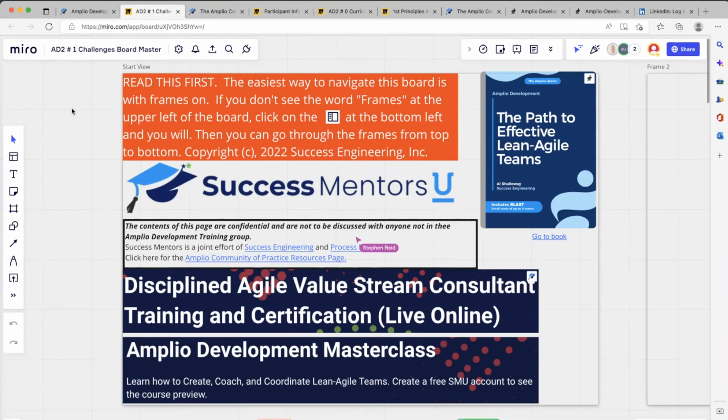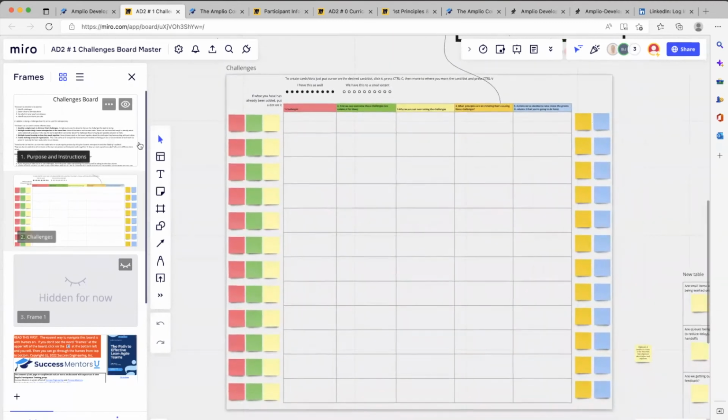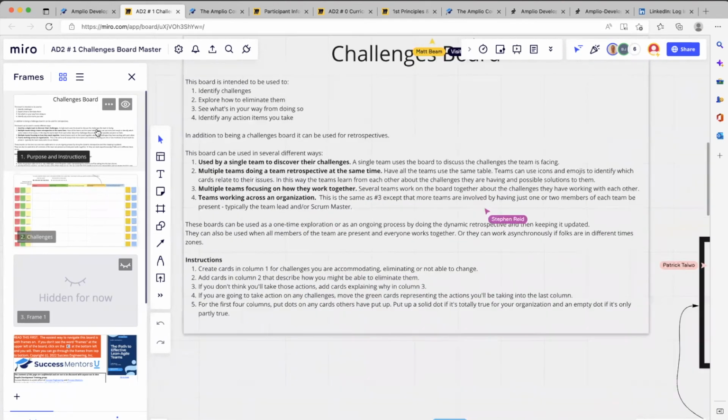So here's what I want to do. We're going to just do this real quickly. We're going to do this again on Wednesday. This is more of an introduction to the board. Remember, open this guy up here. And this is a very useful board. I first used this as a way of kind of seeing what your challenge is. It started out as an impediments thing. In fact, here are the instructions.